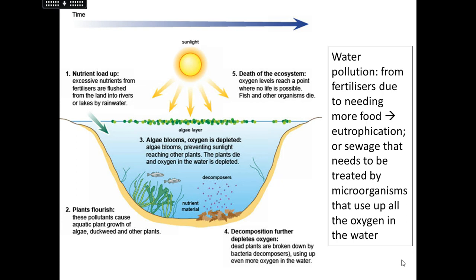So what happens is the entire ecosystem reaches a point where the oxygen levels cannot sustain life or provide enough oxygen for respiration for anything else in there. So you have the death of the ecosystem. Pretty much everything else dies. And it's a really sad situation to be in, obviously, and it does take a little bit of time, but it does happen quite frequently. And most people think it looks beautiful, this lovely green lake, but actually it's a dying ecosystem.